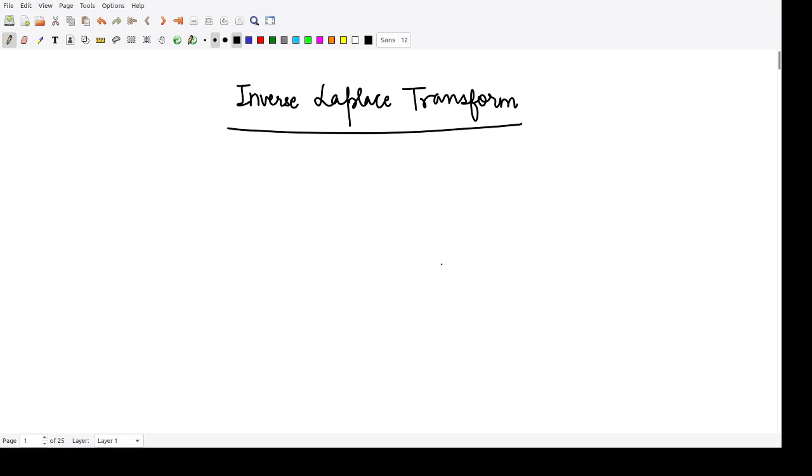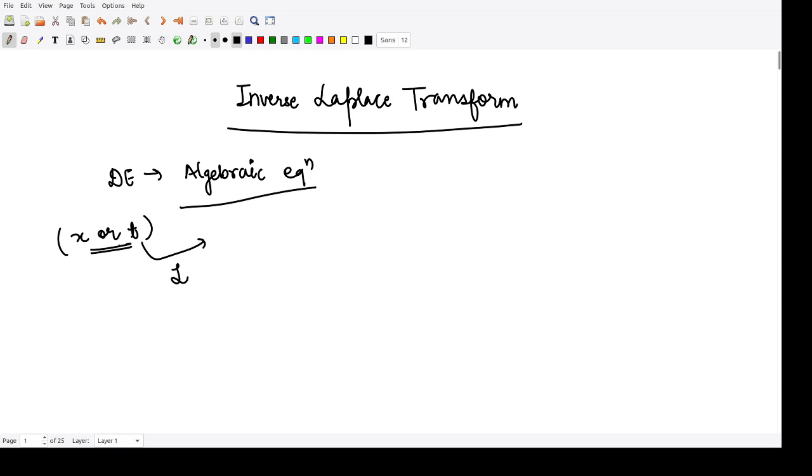First of all, let me describe why we study this Laplace transform. In some cases, you convert some difficult differential equation into the corresponding algebraic equations, and we already know how to solve very simple algebraic equations in terms of s. So suppose your equation was given in terms of x or in terms of t. You convert, by the application of that Laplace transform, this particular differential equation in x or t